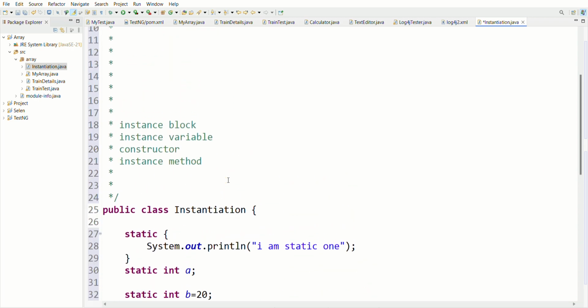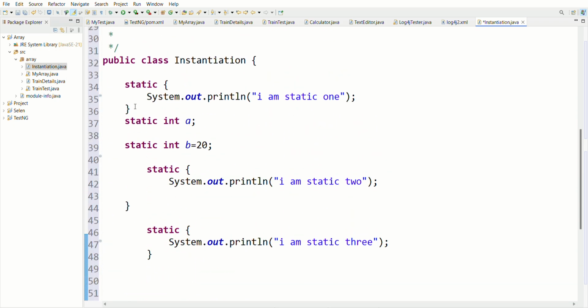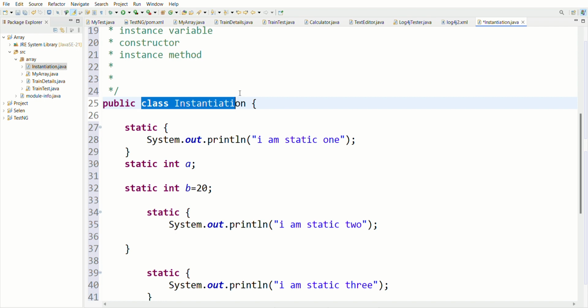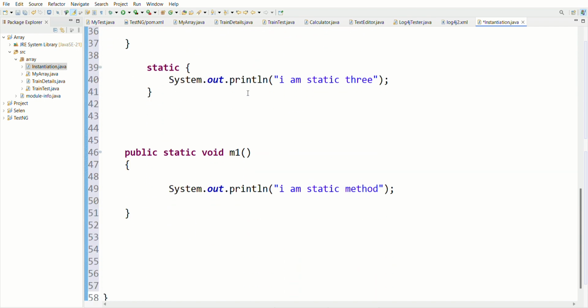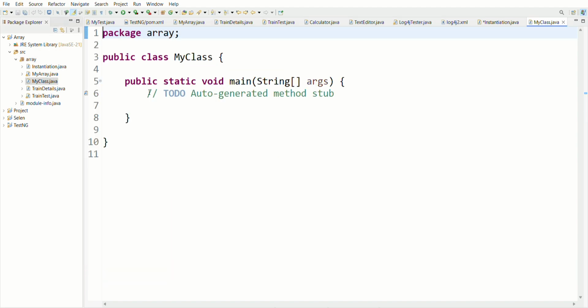Now let me start. At first, at the time of class loading, what is class loading? This is my class, and this is normal class instantiation. So let me create one more class, my class, and I am using public static void main.